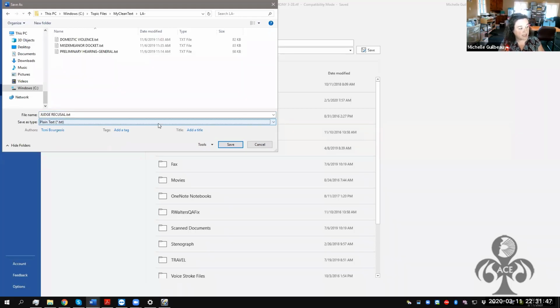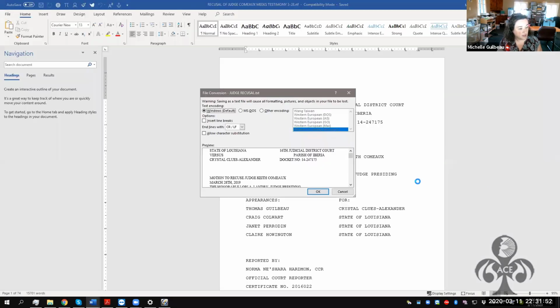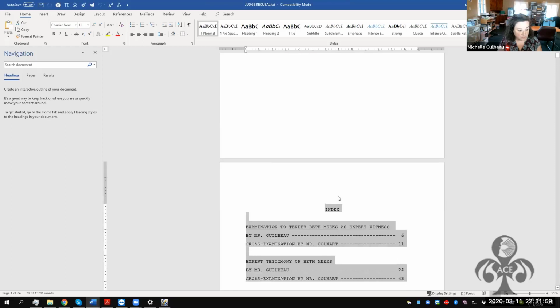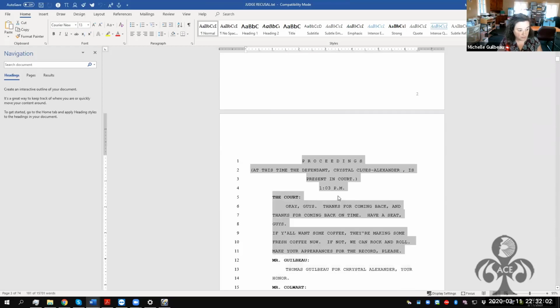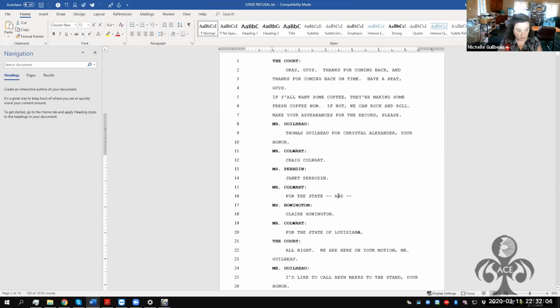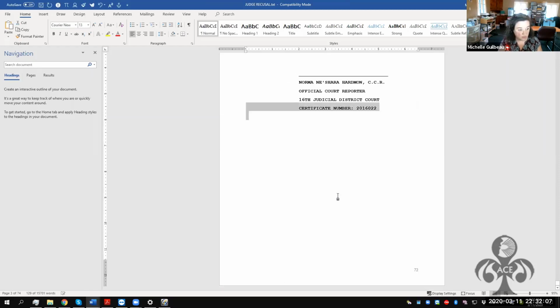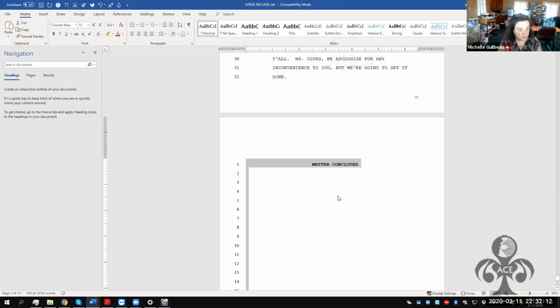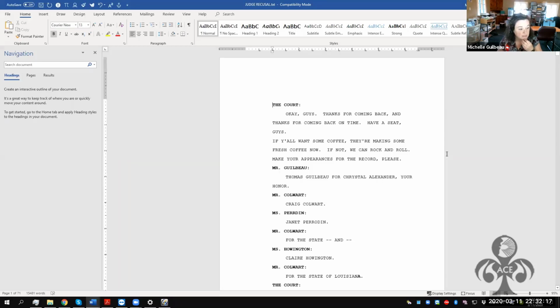And I'm going to change it to plain text. And I'm going to do save. Okay. And I'm going to click on OK. Then I'm going to remove the cover pages. I'll do Control End and remove the certificate pages. Okay, so what we would do at this point is we would go to